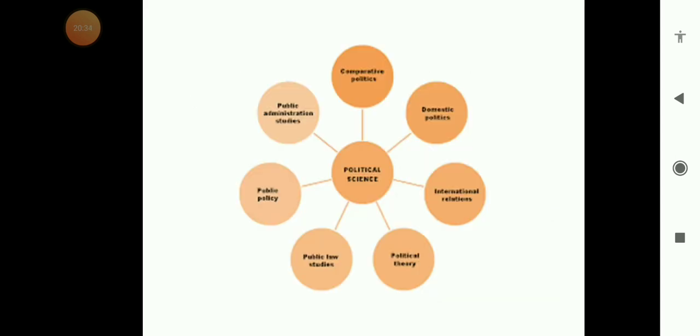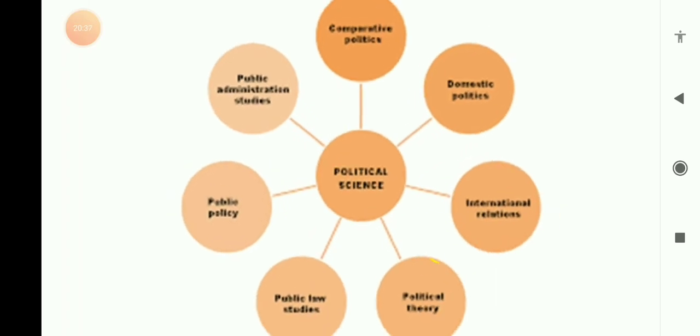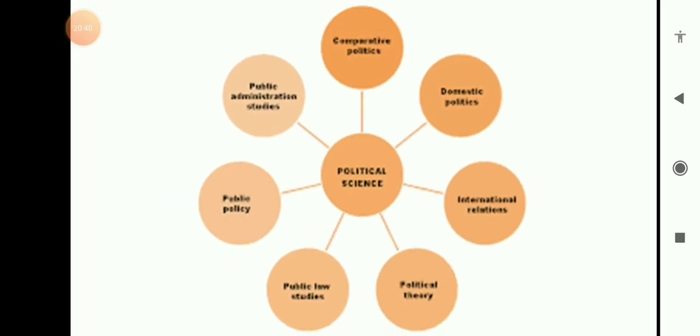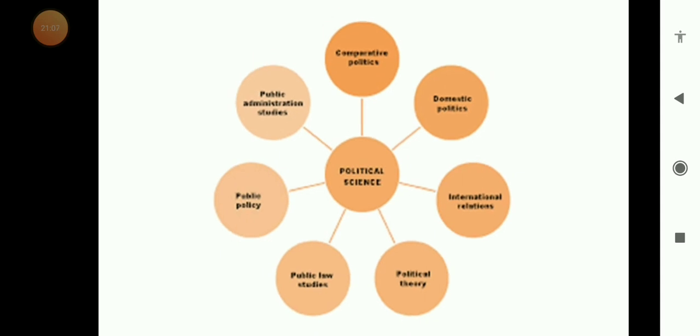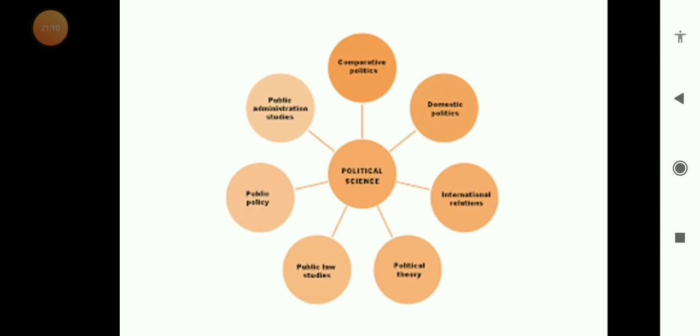So here are various other subjects that are subsidiary subjects, right, that have originated from political science, so they are the parts. They are international relations, political theory, public administration, right, domestic politics, comparative politics. So these are other parts of political science that we study further when we do masters in political science, right?